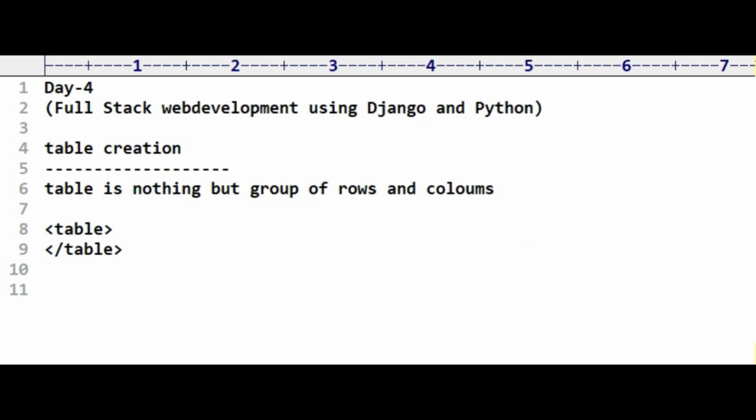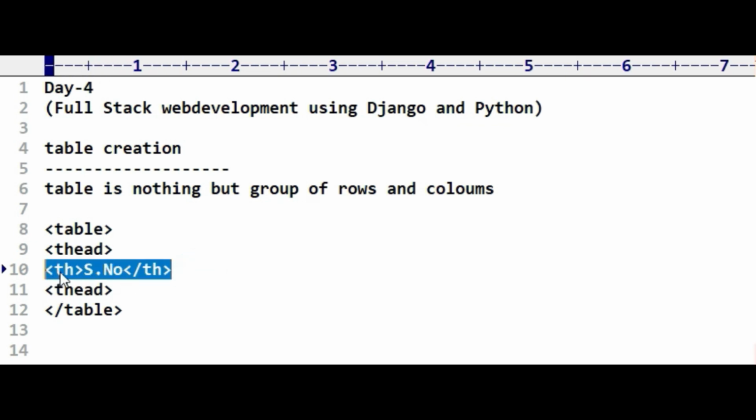Inside this we have to declare the table head. So we use the table head here. Table head means serial number, student name, contact number, and address. So when we start, we have to close it also. Inside this table head we have to declare the headings of the table. First is serial number.